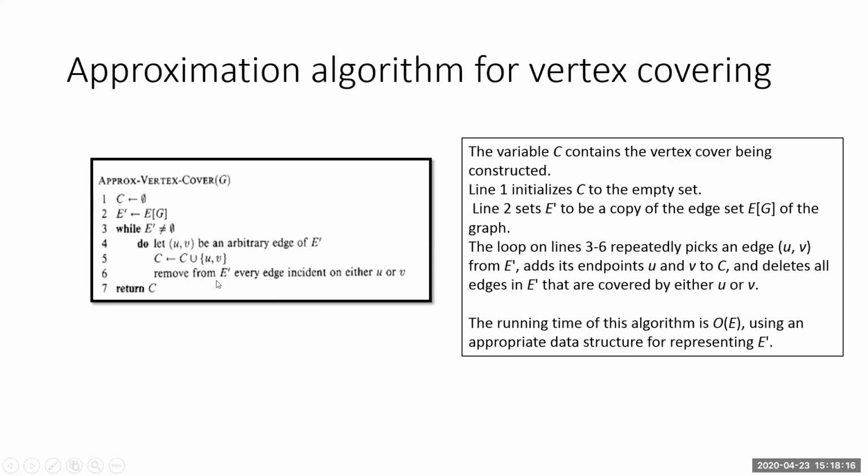Now you have to remove this edge U comma V from E dash, along with every edge incident on either U or V. This is the point where we are telling that it is a 2 approximation. You have taken an edge which starts from U and ends with V. And one more thing, we are working with an undirected graph, so U can act as a source and V can also act as a destination. Remember, U comma V are just 2 vertices on that particular arbitrary edge. We don't know who is the source and who is the destination since it is an undirected graph.